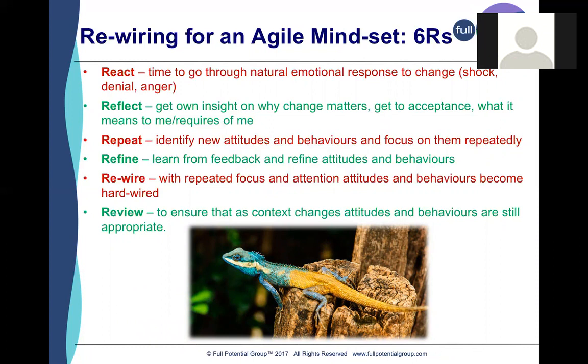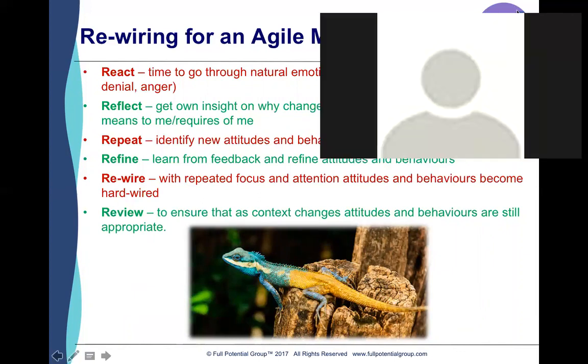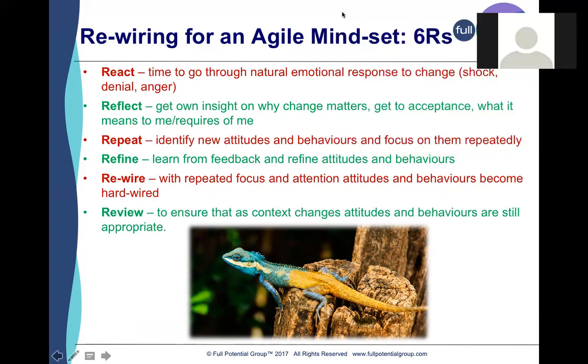So we said a change, and you might have that initial reaction, the resistance, the shock, denial, anger, or the fight, flight, automatic response. And part of rewiring your brain to be agile is understanding how to interrupt that response, how to create a little space where you can choose to have a different response to the change. So that requires maybe some reflecting skills, so the ability to stand back and reflect on what's happening, reflect on your why, on the bigger picture, and move through those early emotional stages of resistance to the change to get to acceptance more quickly, so that you can actually start to work with the change and understand what it requires